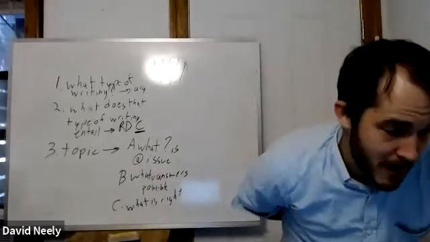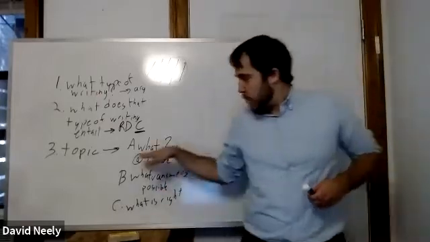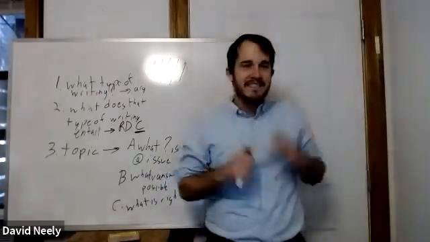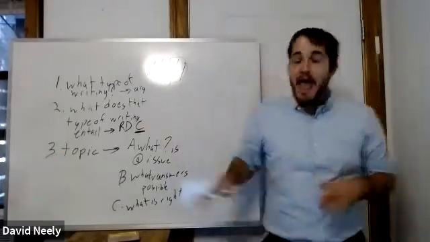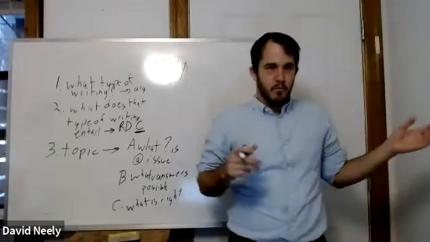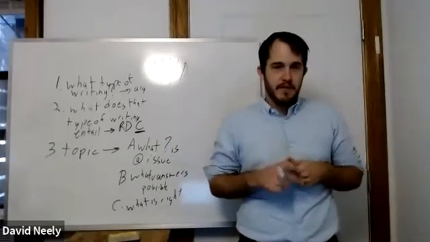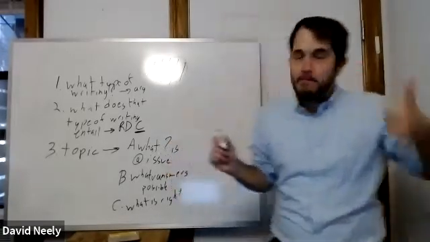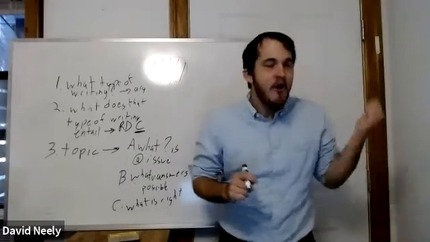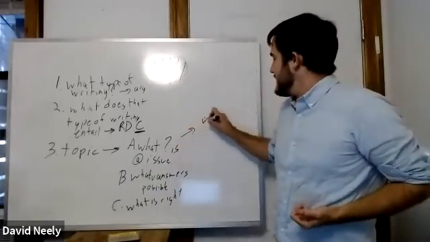So the first prompt is the one about the COVID app. What is the question that's at issue? What is the thing that you're being asked to form a claim or an opinion about and argue for one side of? What is the issue that is being asked at this point? Whether the app should be published or not. Exactly. For topic 1, the question at issue is yes app,